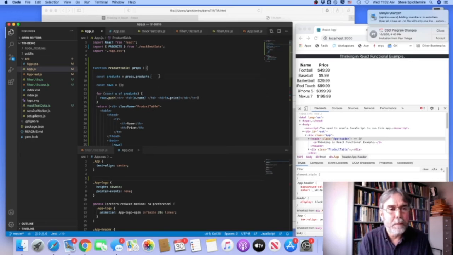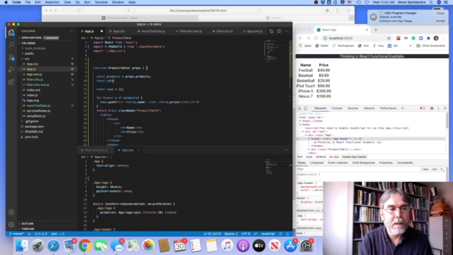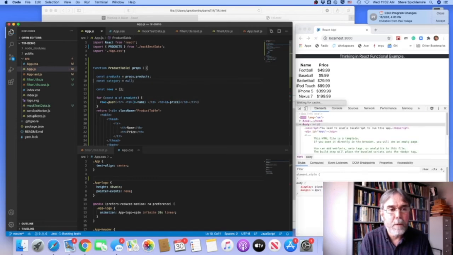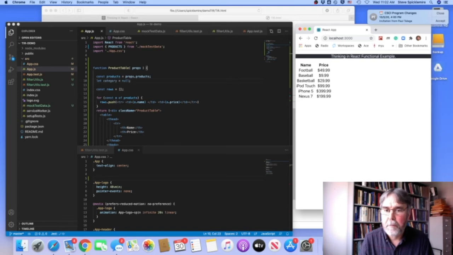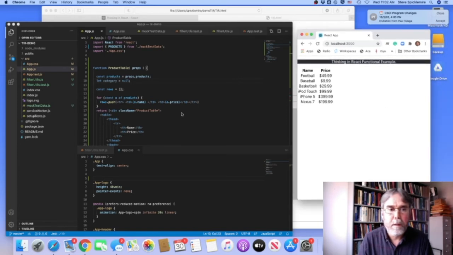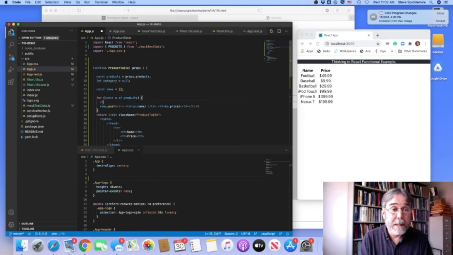So let's say const category equals null. We'll start it out at null. Actually, let's make it a let because it's going to be changing. I can close this too. I don't need all that nonsense. Okay. We're going to keep track of the category that we have. And I'm going to say if o.category is not equal to category,